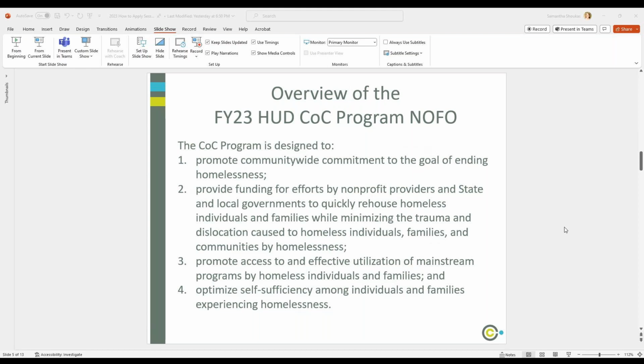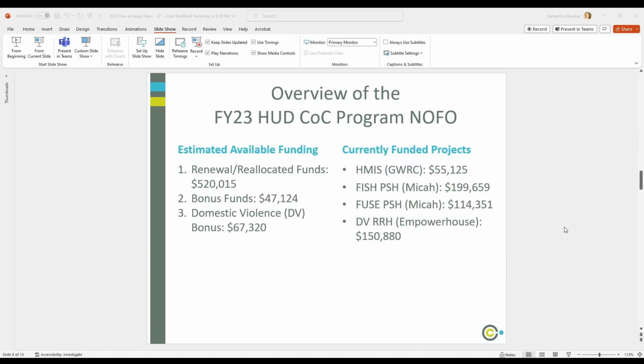It does not assume that any of our nonprofits do this work alone, and so we do a lot of work in our application around how coordinated we are with folks throughout the community. And then in particular, it is about optimizing self-sufficiency for folks who are experiencing homelessness. We want to provide them with assistance that moves them as quickly as possible, but we also want to help them move on from assistance. So you'll see a lot of those things kind of come through in the questions that we operate, and I'll kind of walk through what that looks like and how that division works.